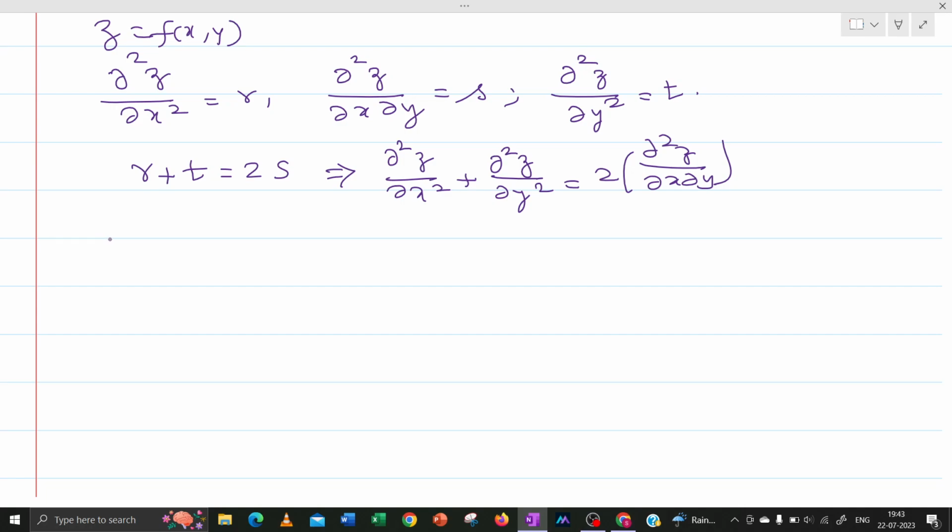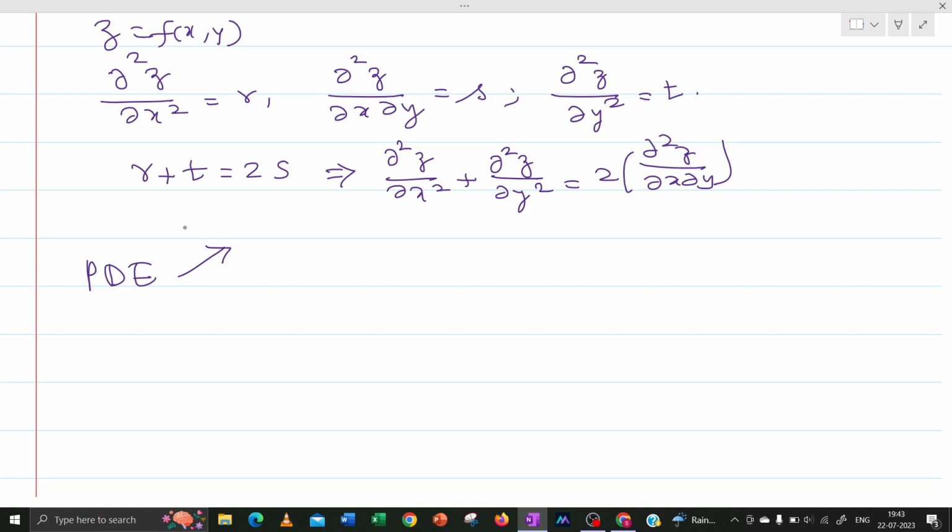Wherever there is a rate of change of a phenomenon, in one direction or two-dimensional motion, we have to go for the partial differential equation. So PDE is connected with